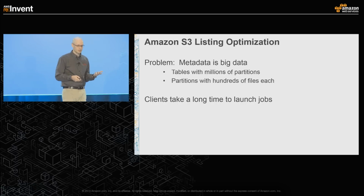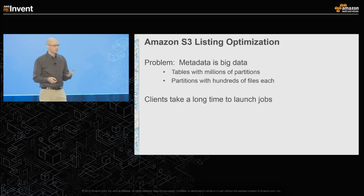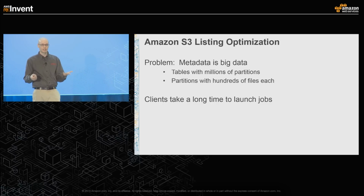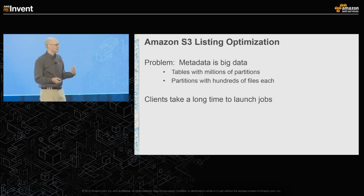So the first is actually listing in S3. S3 definitely has additional latency in comparison to HDFS, and one of the major parts of any job, of course, is the setup where you go and you calculate splits and you do list operations. Now, we have a lot of metadata,